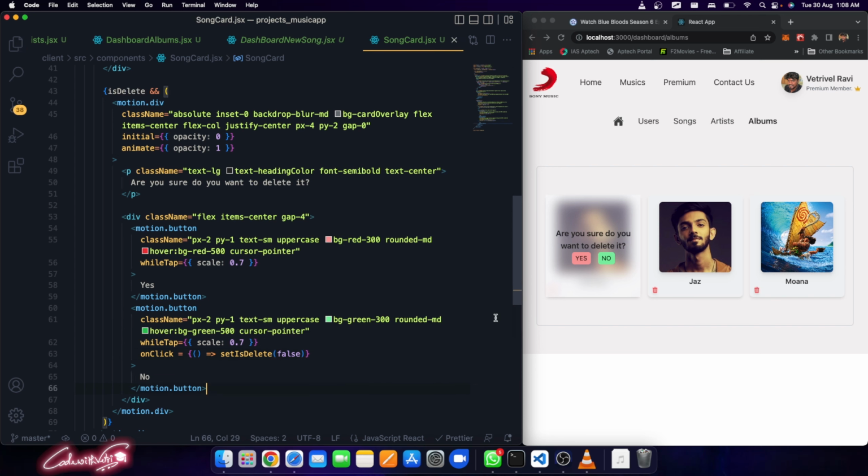Now if the user clicks this, that will be changed to false. If I click this, it will pop up. If you click this, it will be deleted. All right, fine. Then what we need to do is call a callback. I need to call this